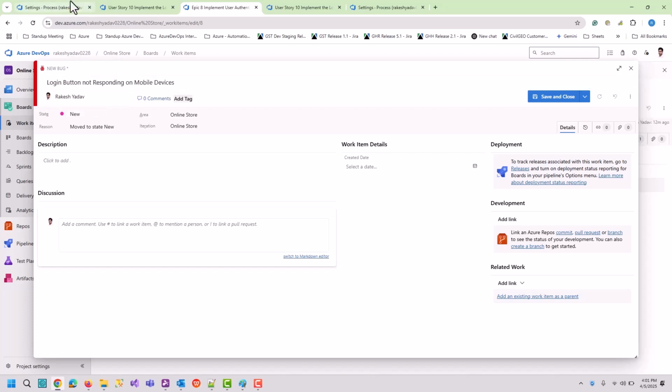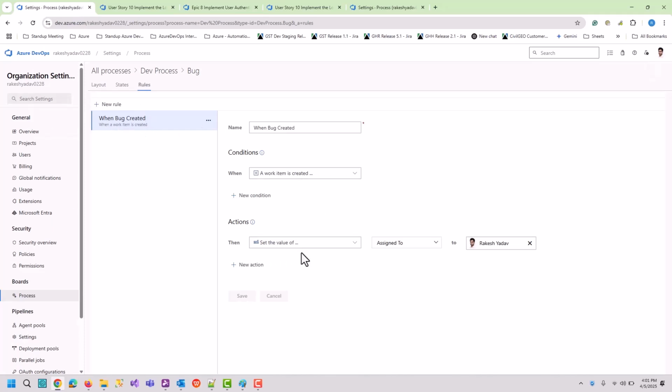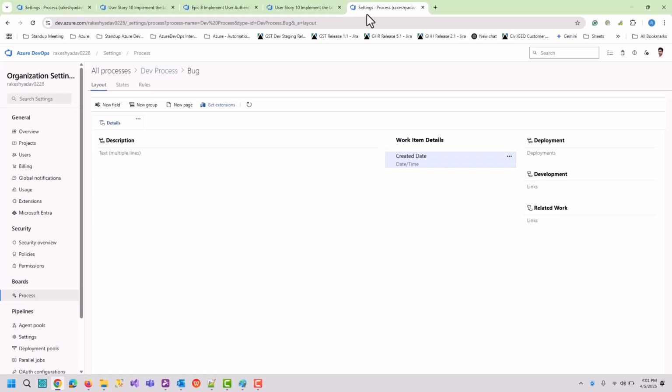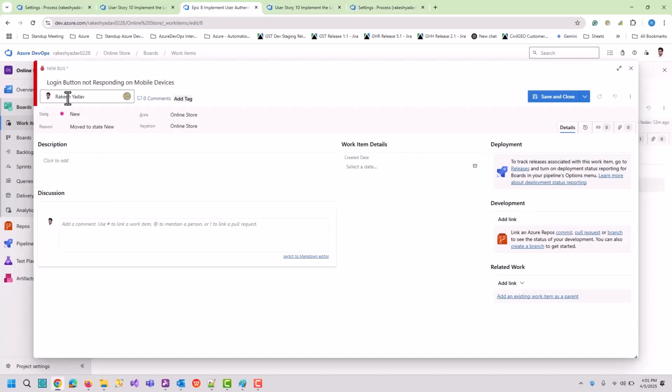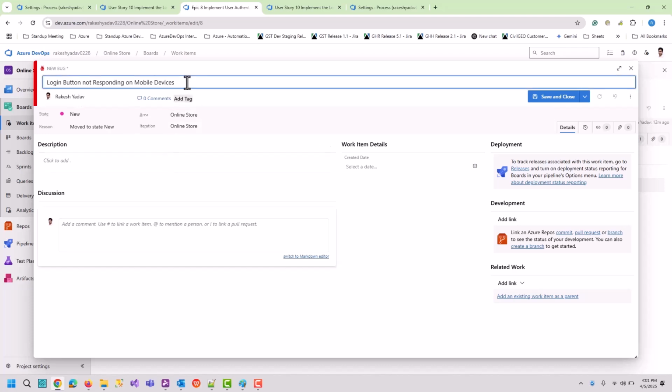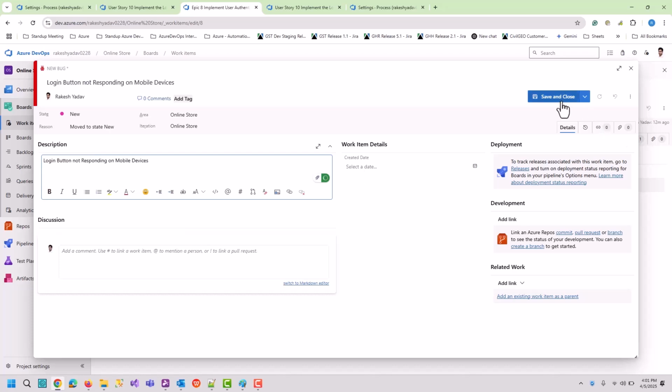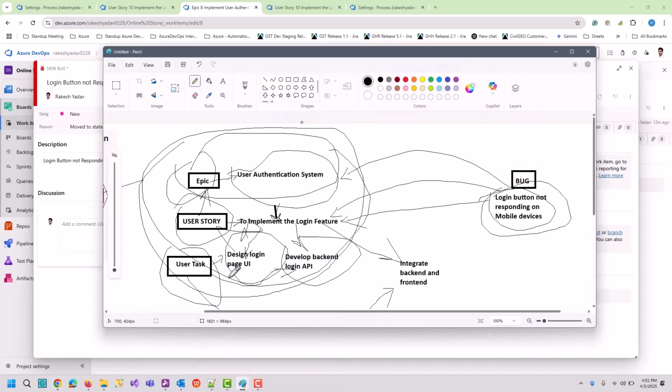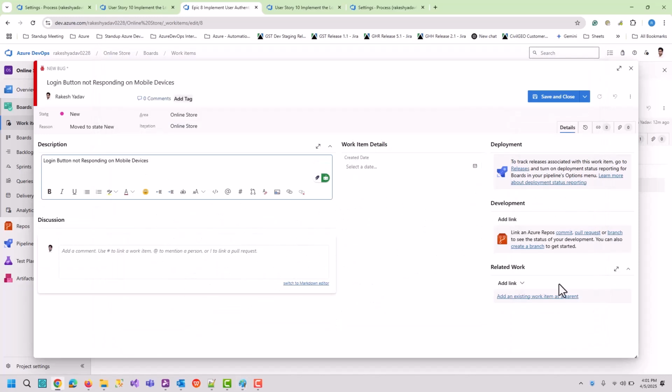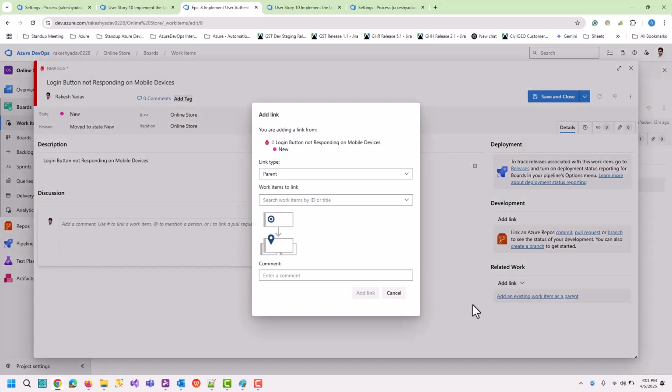Let me show you that again. We have defined a rule: when a bug is created, set the assignee to Rakesh Yadav. You can see we are creating a bug, and by default the assignee is set to Rakesh Yadav. Okay, so let's copy this and paste it in the description for demo purpose. I have explained that we can link the bug to any epic, user story, or user task. Let's link it to this user story because it is related to that. So we can link it to the user story, add link, existing item,